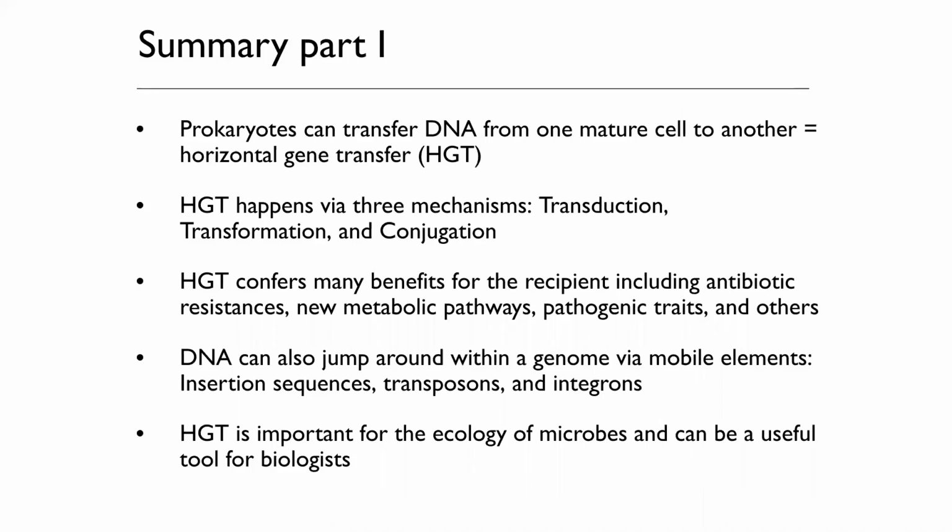So prokaryotes can transfer DNA from one mature cell to another via horizontal gene transfer. Horizontal gene transfer happens via 3 mechanisms: transduction, transformation, and conjugation. Horizontal gene transfer can be a powerful way to confer many new benefits for the recipient, including antibiotic resistance genes, new metabolic pathways, pathogenic traits, and many, many others. Remember that DNA can also jump around within a genome via